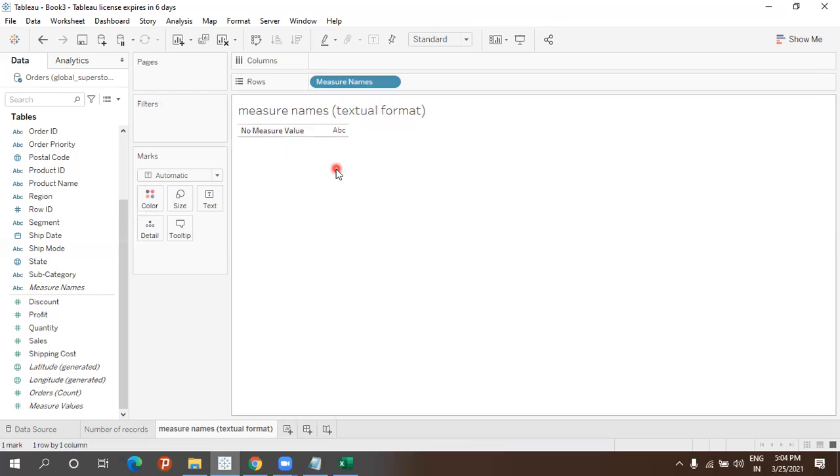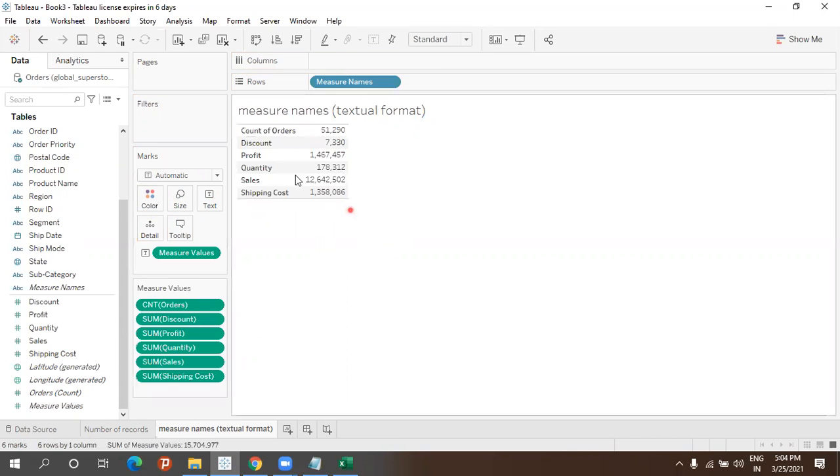We actually require measure values. Can you see anywhere that measure values? Down, sir, the last one. Yeah. So as I told you already, we are going to do this in textual format. So we are going to just drag and drop into this, which is in the text. So where I'm getting like this.